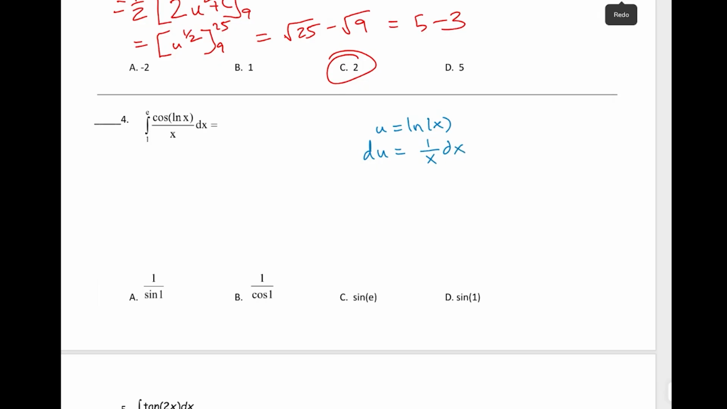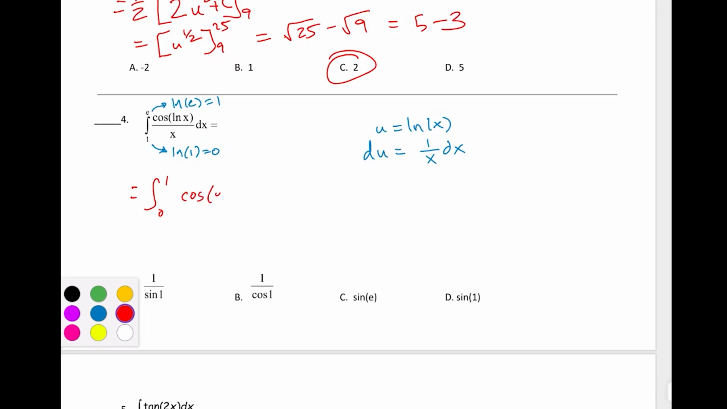So I'm going to rewrite this. Oh, again, got to be careful here. Got to change these boundaries. The natural log of 1 is 0, and the natural log of e is 1. So once I convert to u's, I'm going to have the integral from 0 to 1 of cosine of u